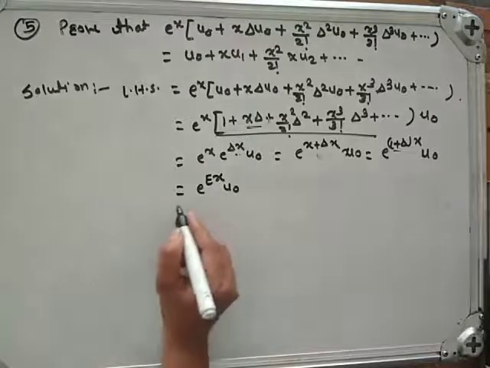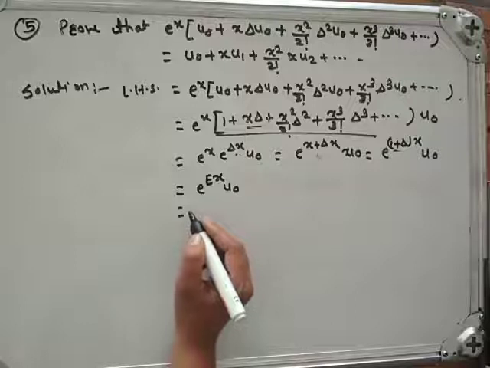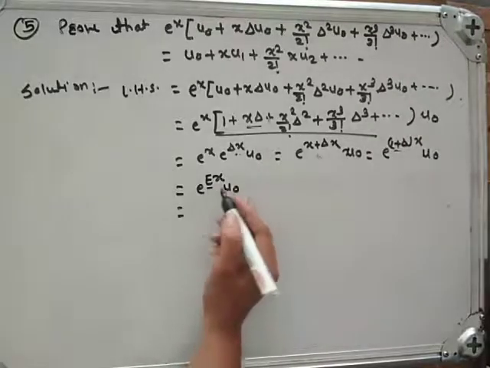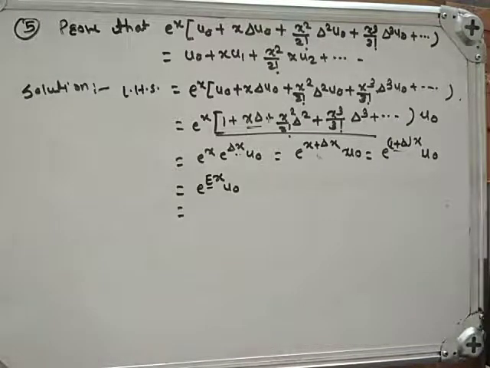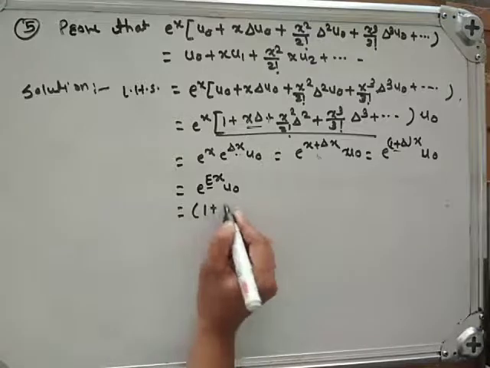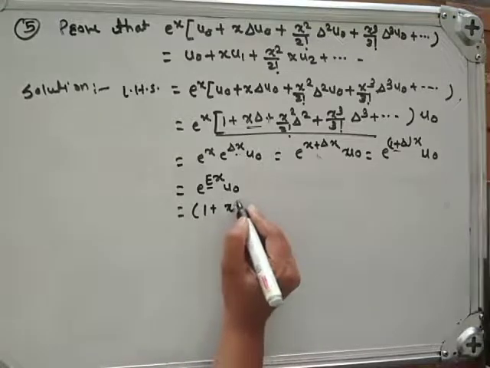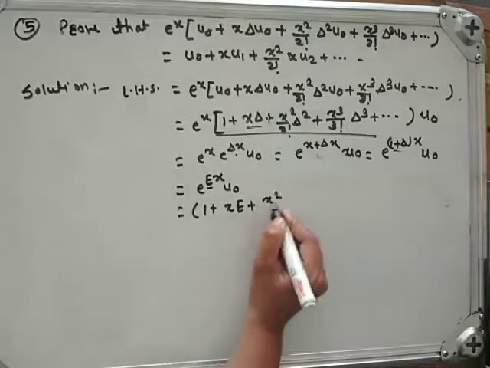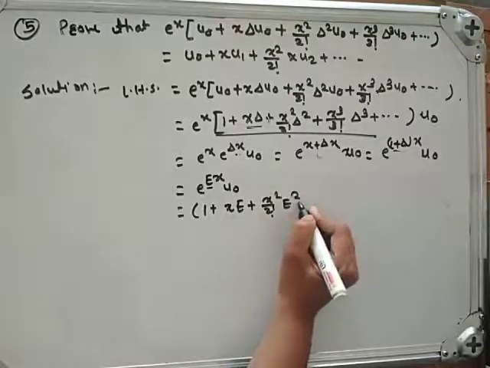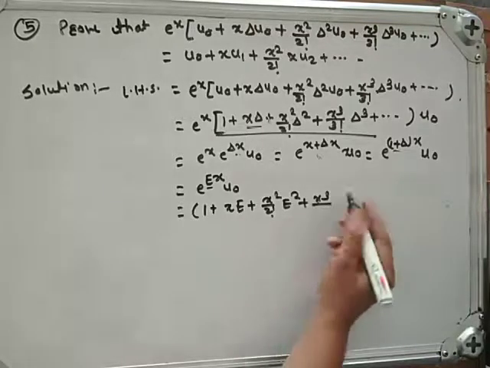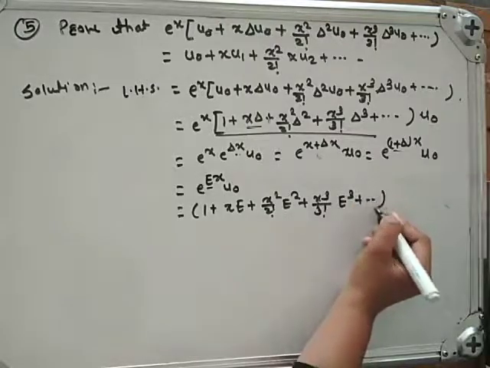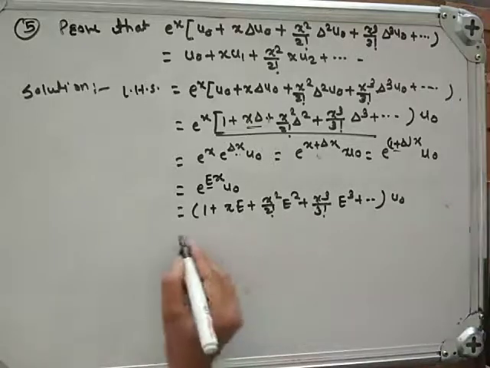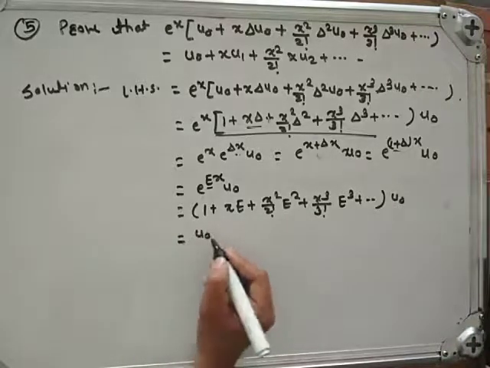Okay, which is equal to, again write here the Taylor series of e raised to E x, we get 1 plus x into E plus x square upon 2 factorial into E square plus x cube upon 3 factorial into E cube plus and so on, into u0, okay, which is equal to u0